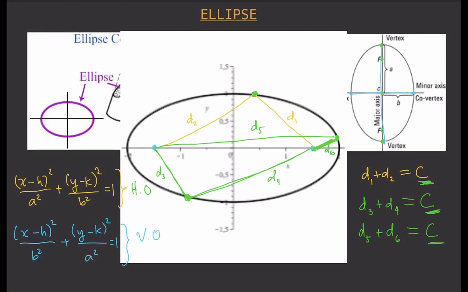Now what's the difference? The difference lies in a, because in both equations, a is always greater than b. If the greater value in the denominator lies under the term where you find the x, then that is a horizontally oriented ellipse. That means the ellipse is stretched along the x-axis. If you find a in the term where you find y, then that means the ellipse is stretched vertically. So you'll get a vertically oriented